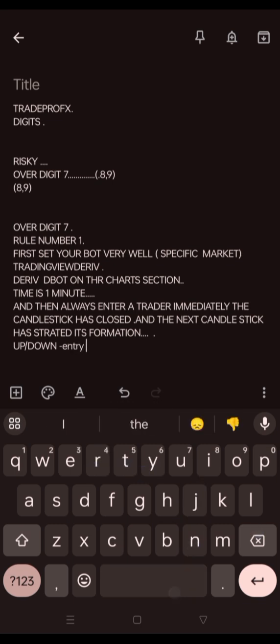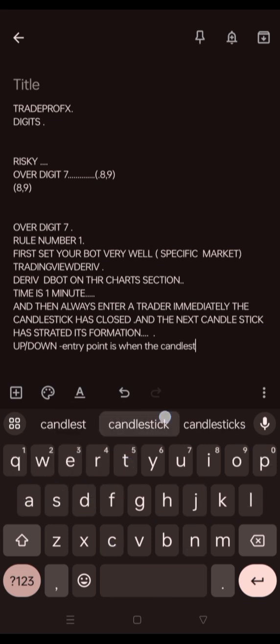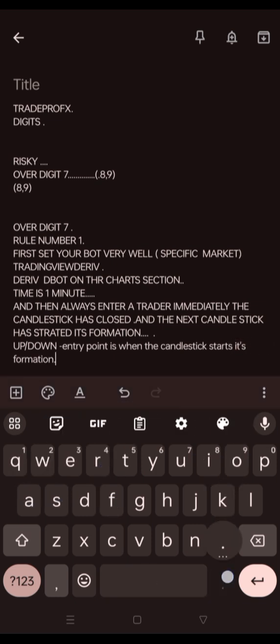That entry point is when the candlestick starts its formation. This one is a trick I came up with, and it really works. I will show you by example, because I told you here at Trade Pro FX I show by example. And if it doesn't work for you, please